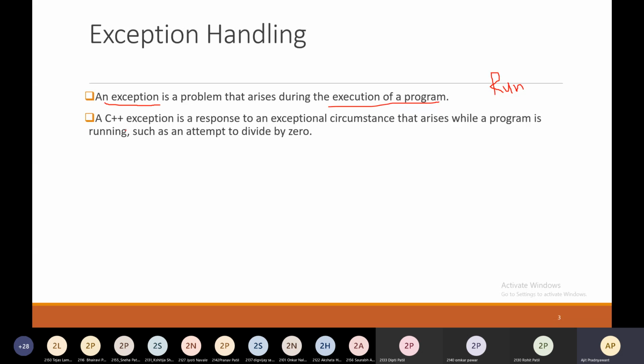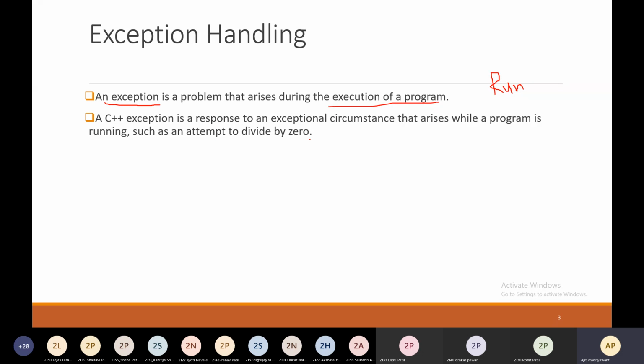A C++ exception is a response to an exceptional circumstance that arises while the program is running, such as an attempt to divide by 0.